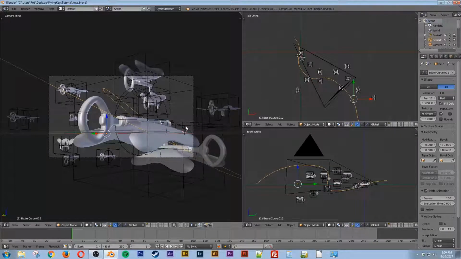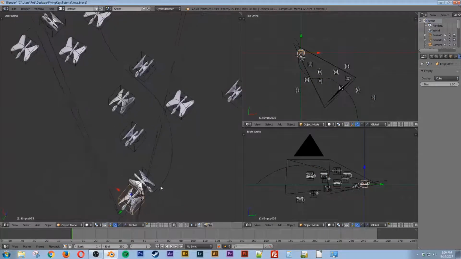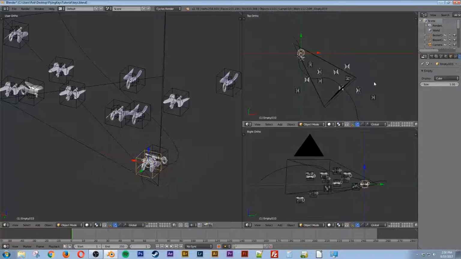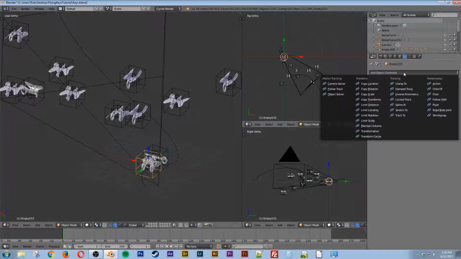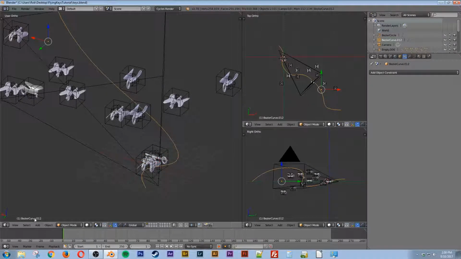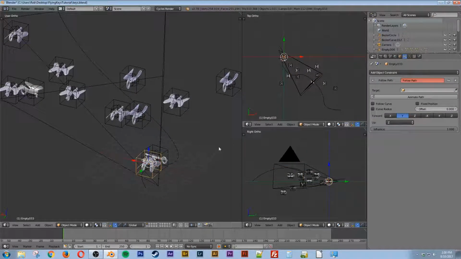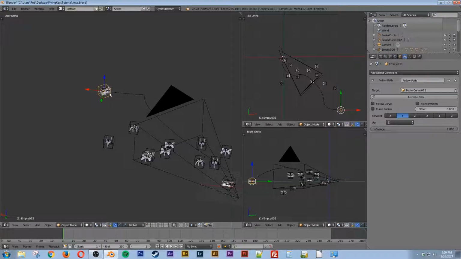I'm going to tab back out, and I'm going to find that key. I believe it's that one right there. And I'm going to go into the object constraints, and I'm going to click on the follow path, and let's figure out which one this is. So we can see it's curve 12 here, so I'll go back there, find curve 12, and you'll see that it has jumped right to the end of that path. So I'm going to select the follow curve button,